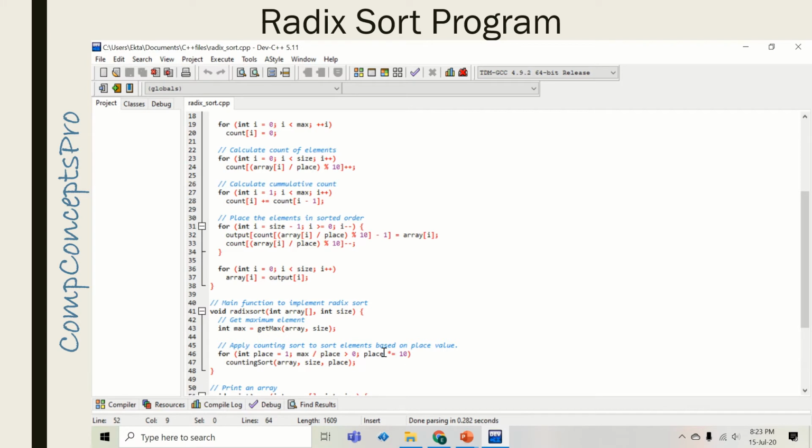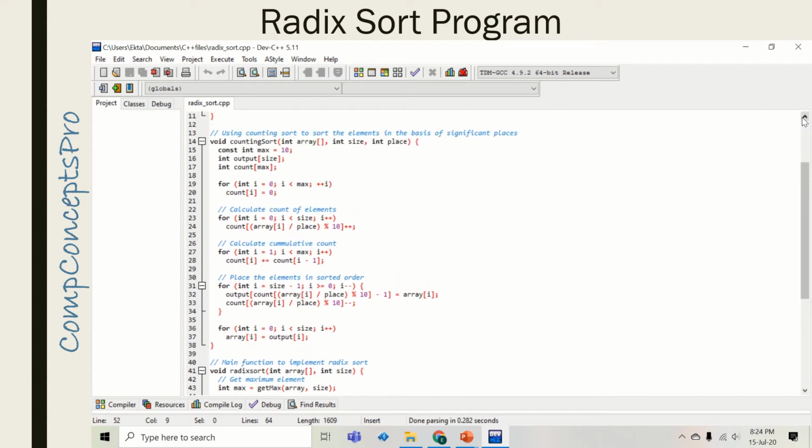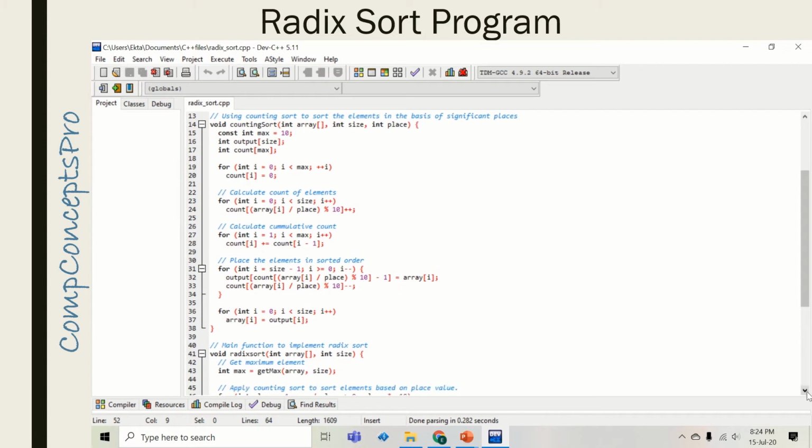And the third time, the value of place will become 100, and when this counting sort function is called the third time, the value of place will be passed on as 100. So these three values will be received here: the entire array, the size of the array, and only this place value will be changed.